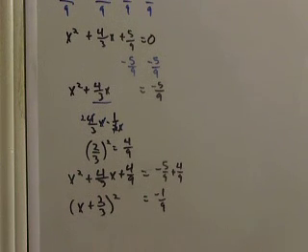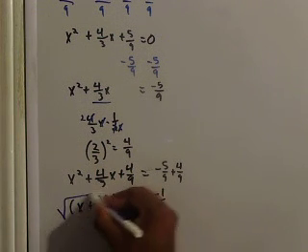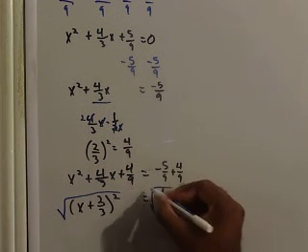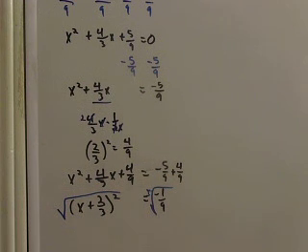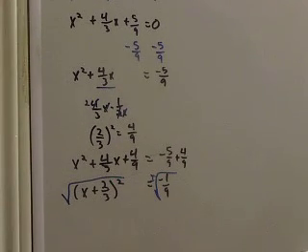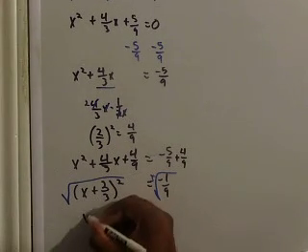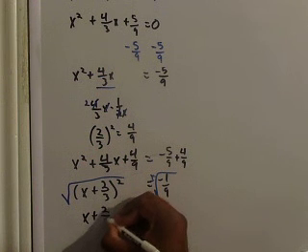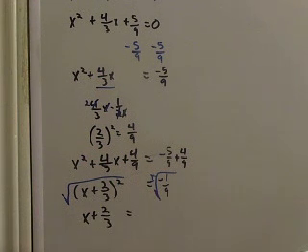So I'm going to continue by getting the square root of both sides, and this will be plus and minus. So the square root of a perfect square, once again, is just itself. So the square root of x plus 2/3 squared is x plus 2/3, and all that is equal to, well, plus and minus